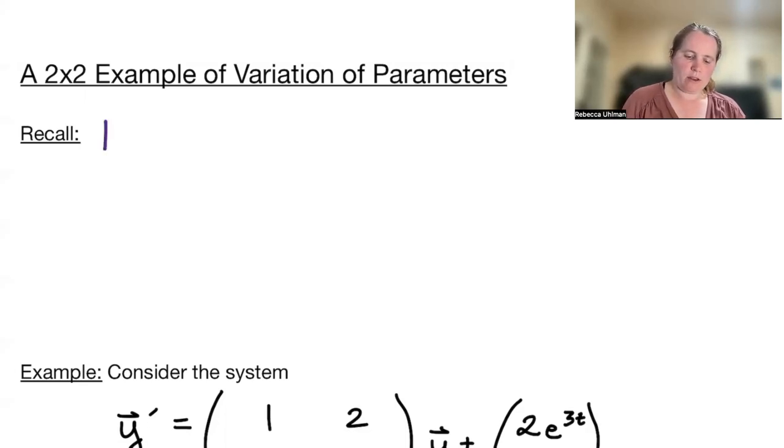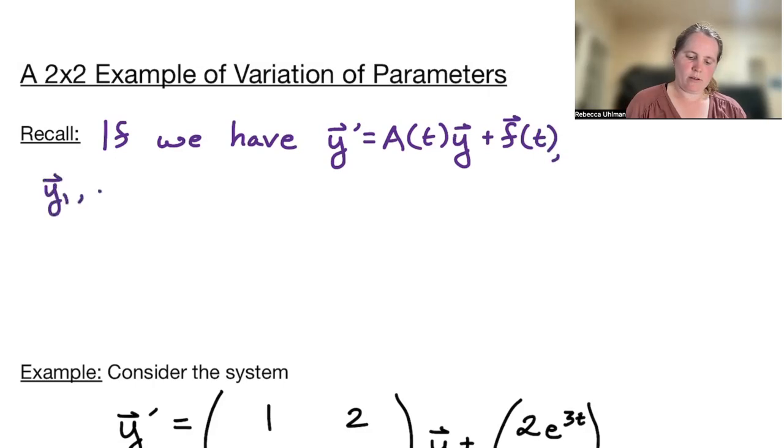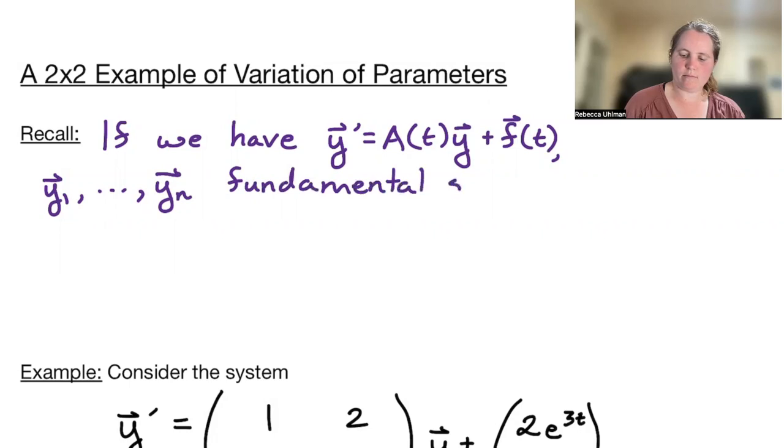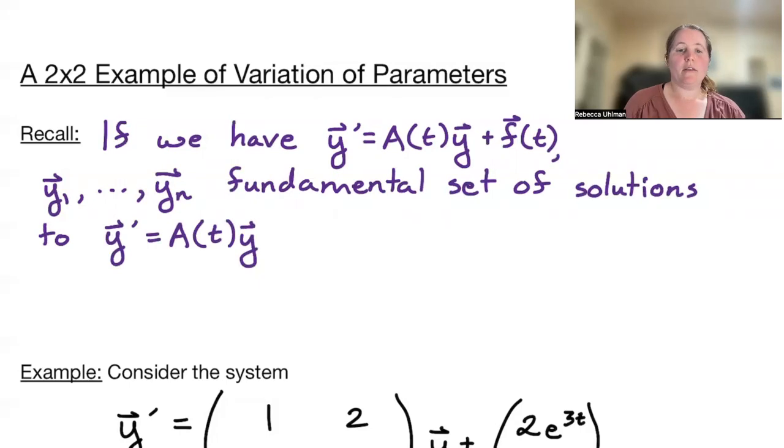So recall, if we have the system y prime is equal to A of t times y plus f of t, and we have y1 through yn, a fundamental set of solutions to the homogeneous y prime equals A of t y. Then